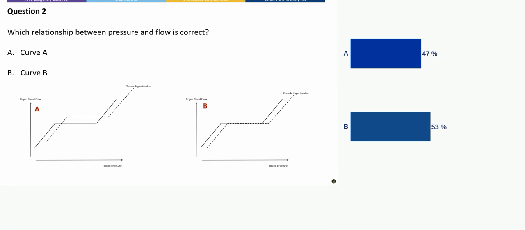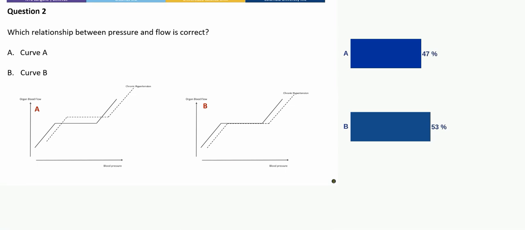We regulate blood flow by demand. And so whether you're chronically hypertensive or chronically not hypertensive, it has no impact on the regulation of blood flow, because blood flow will only increase if you have metabolic activity, and blood flow does not go to a higher level just because you have chronic hypertension. So curve A is physiologically not correct, it's curve B. So you have a shift of your curve, and so the autoregulation area in chronic hypertension shifts, but not to a higher level, but at the same level, of course, because